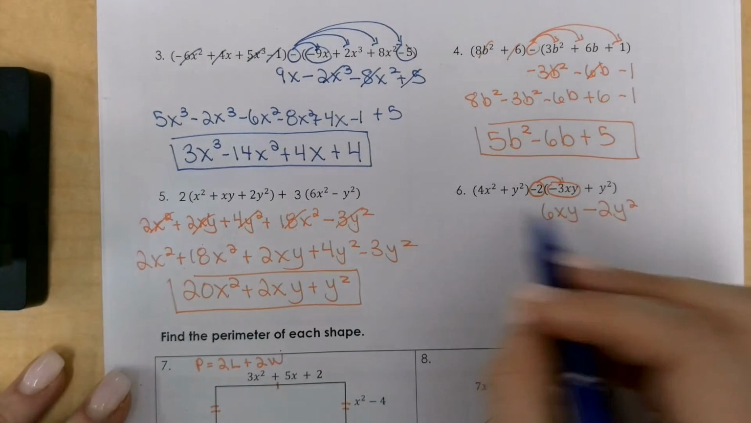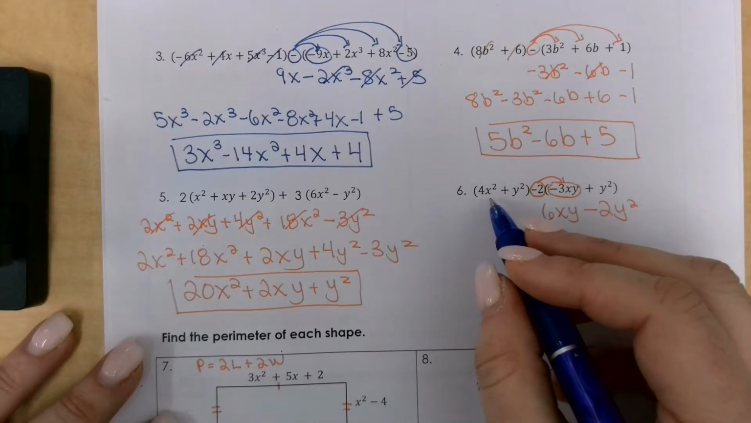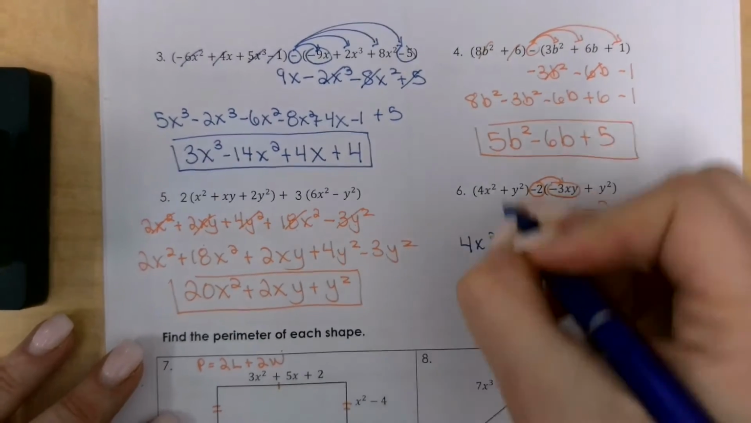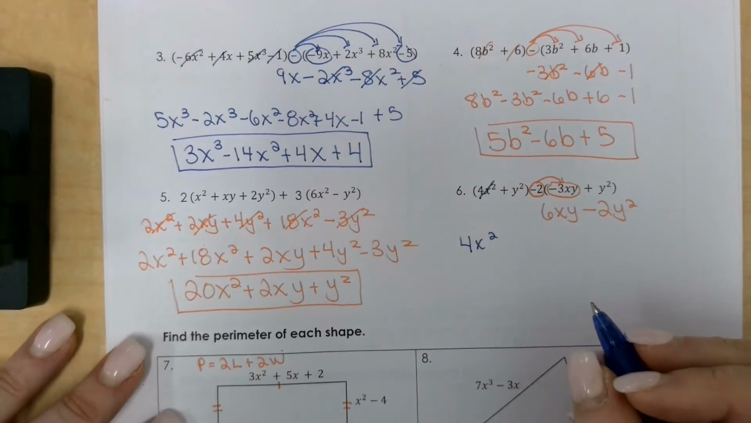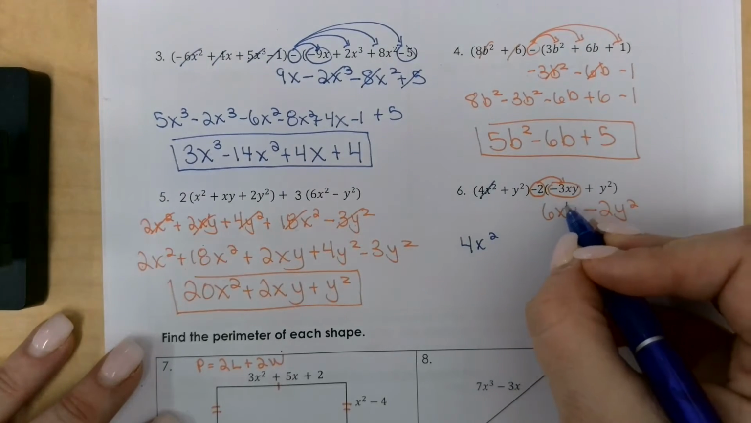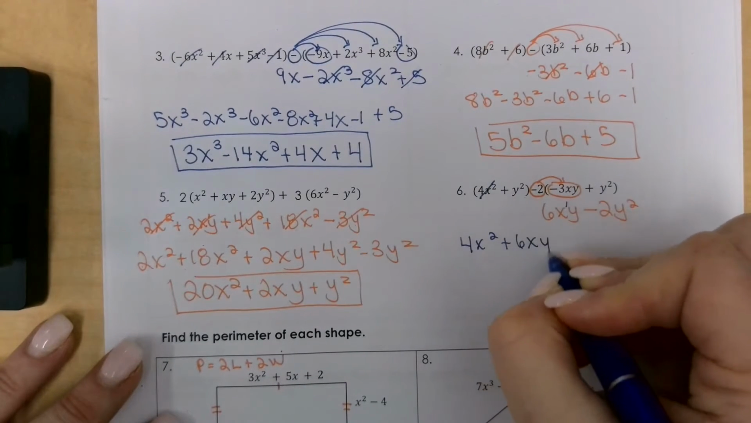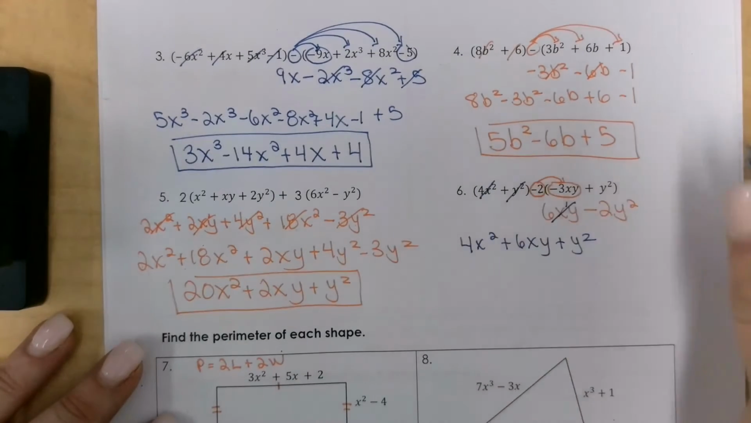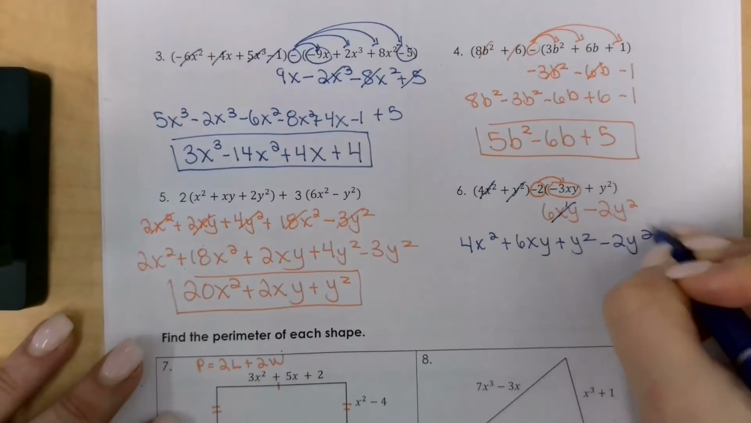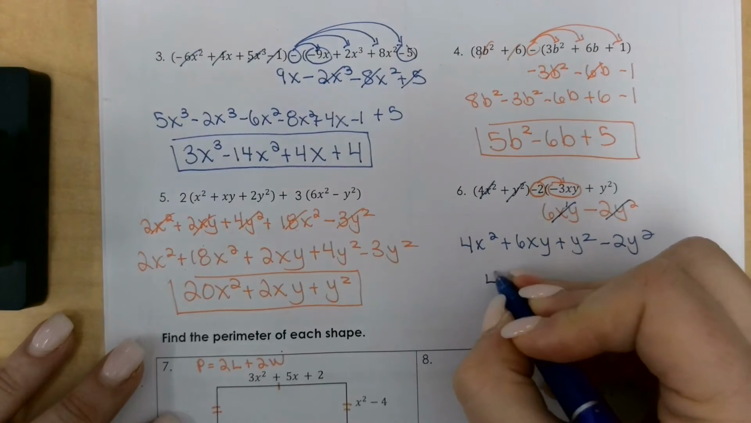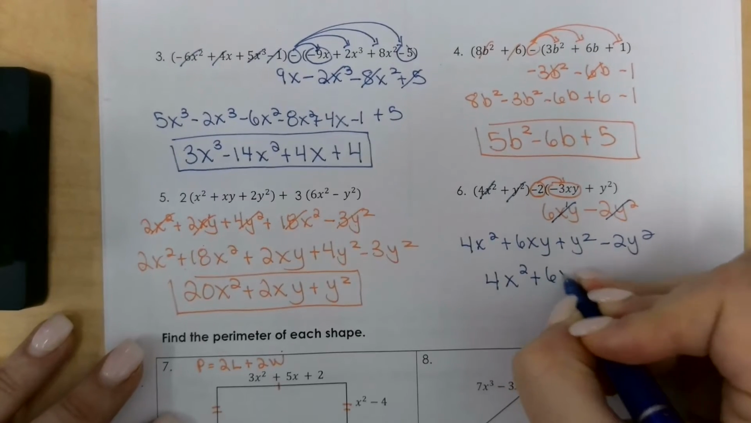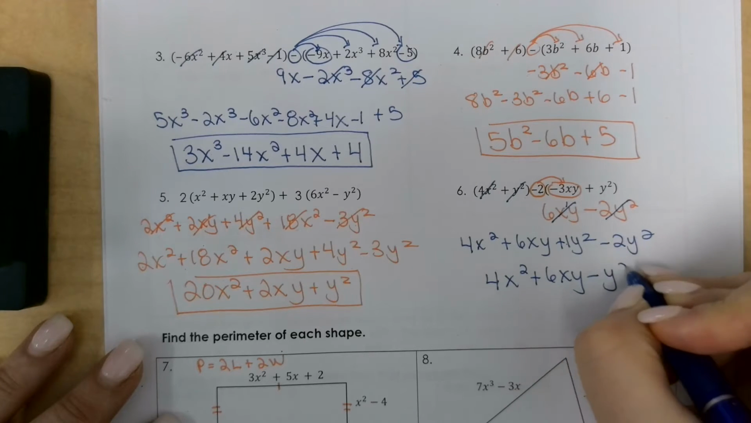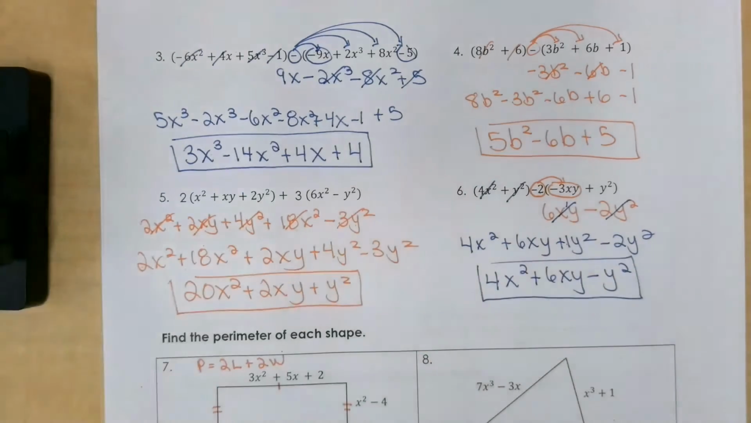Okay, it looks like x, y's are my two different variables, so I'm going to look for my biggest or highest exponent of x, which is 4x squared. My next highest exponent of x is right here, x to the first, so plus 6xy. And then I have a plus y squared and minus 2y squared. So not a lot to combine in this one. I've got 4x squared plus 6xy plus 1 minus 2 is minus 1y squared, and I won't write that coefficient